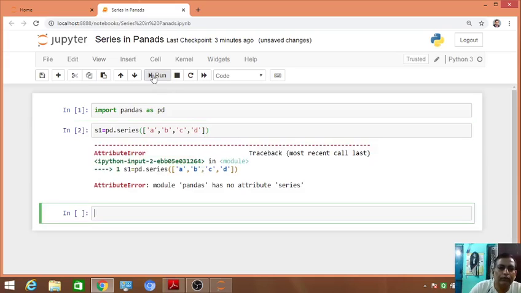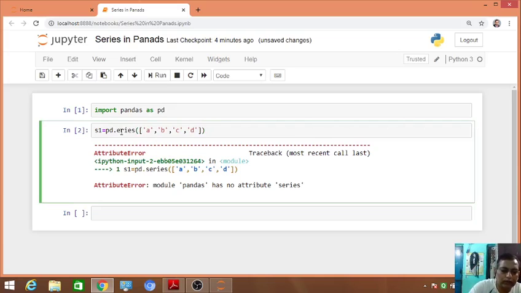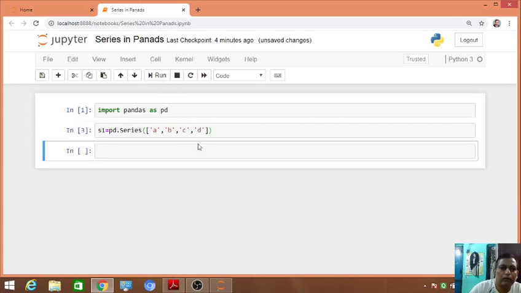It will give an error. Why is it showing? Because I think S will be capital. Yes.